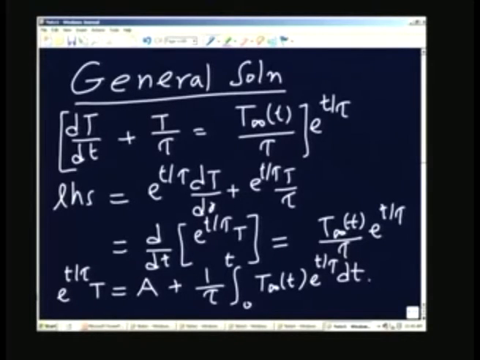And in fact, you can see that for t equal to 0, the upper limit and the lower limit will be the same. Therefore, this will become 1, e to the power of 0 by tau becomes 1. Therefore, A is nothing but T I, and therefore, I can write the